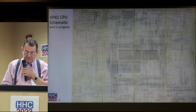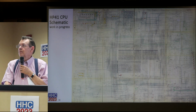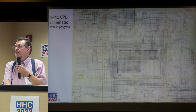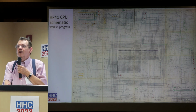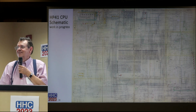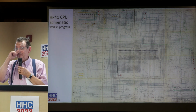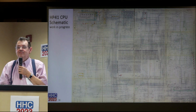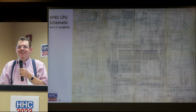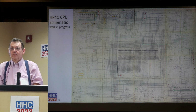Okay. Any questions? Yeah. I just wonder how many in here have a Portable Plus? Quite a few. How many in here want a Portable? I have one. I bought a Portable Plus to get those drives. They used to be so cheap you could buy them just to get the HP-IL cables. And they are a decent